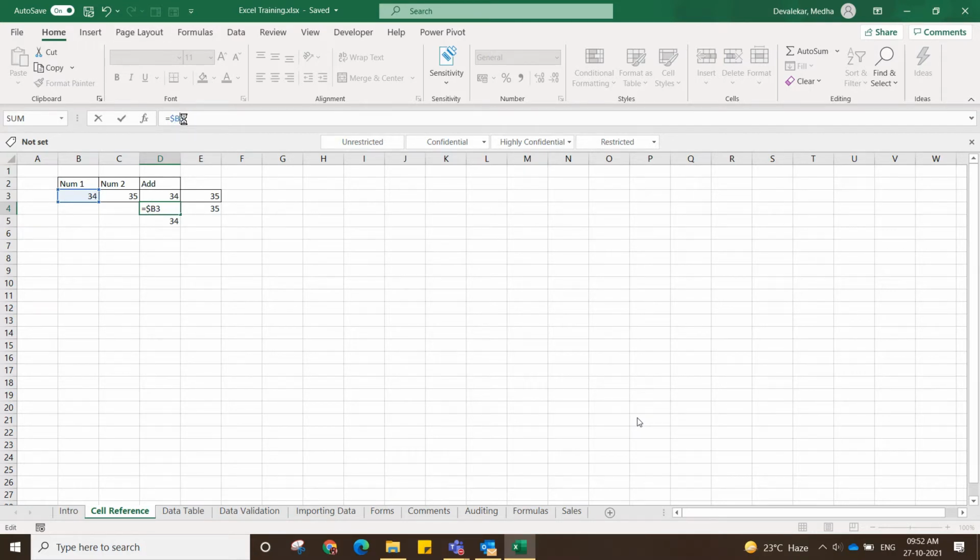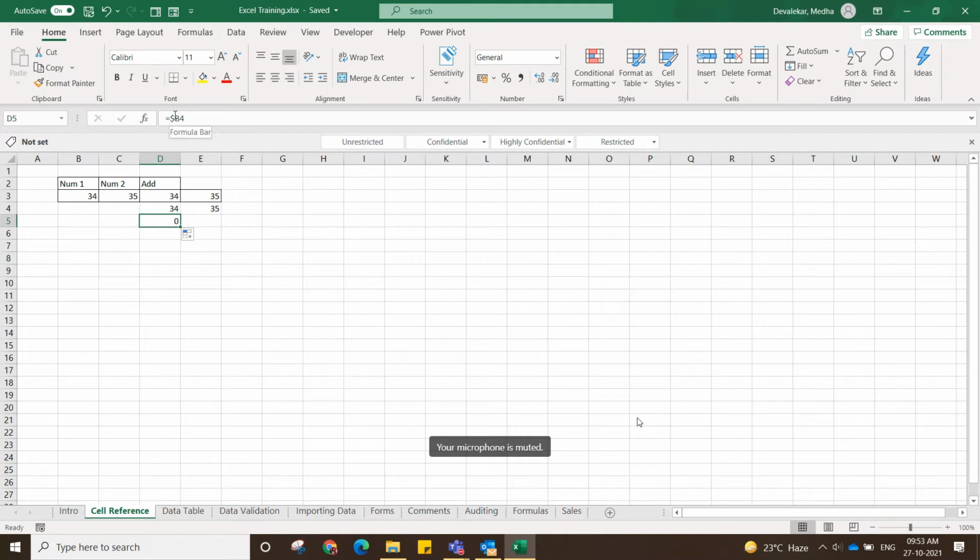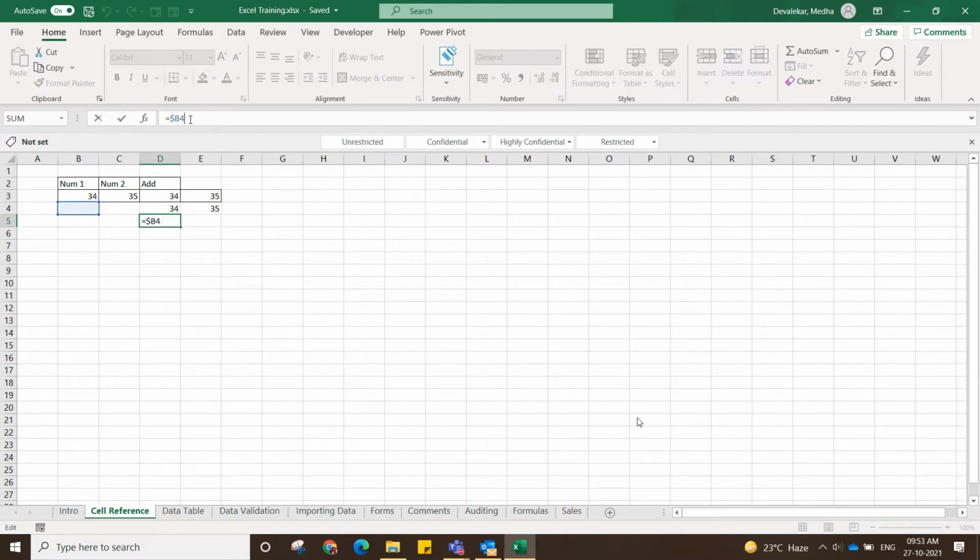Now if I make the column constant but not the row, and then drag it down, what is there? It is 0, because the column is constant but the row is not constant. The row is changing. So it referred to B4, and in B4 we have not written anything, so it shows 0.